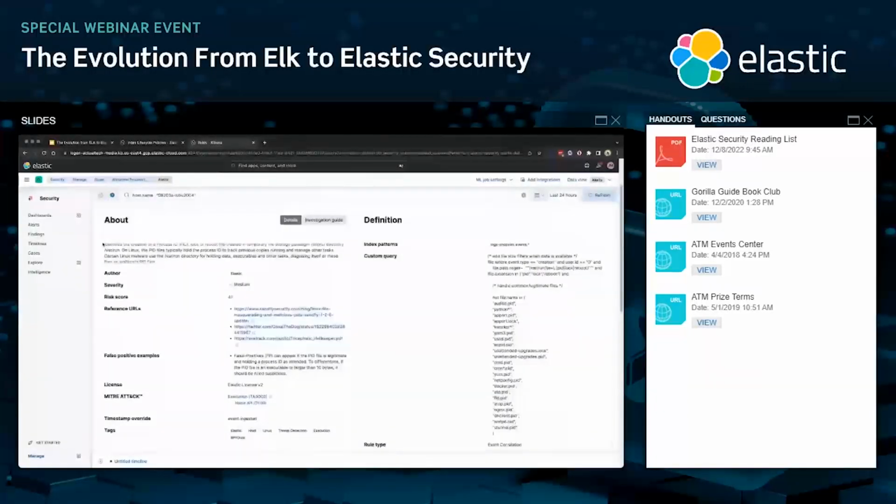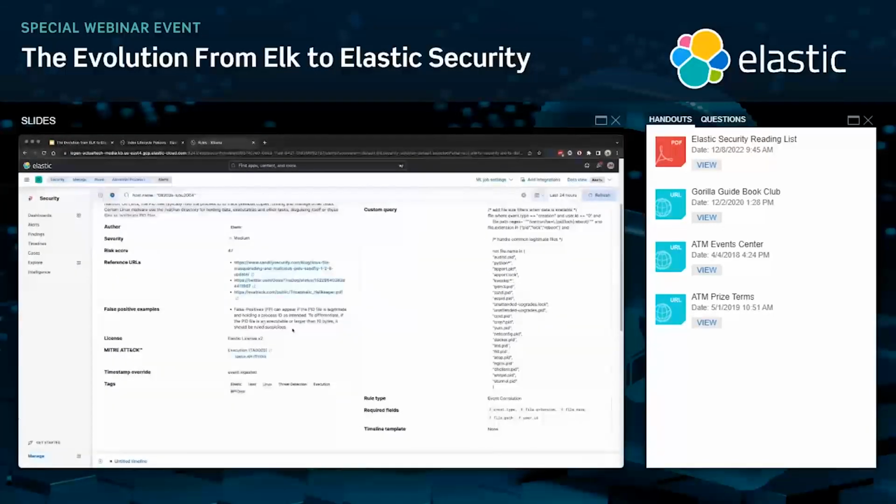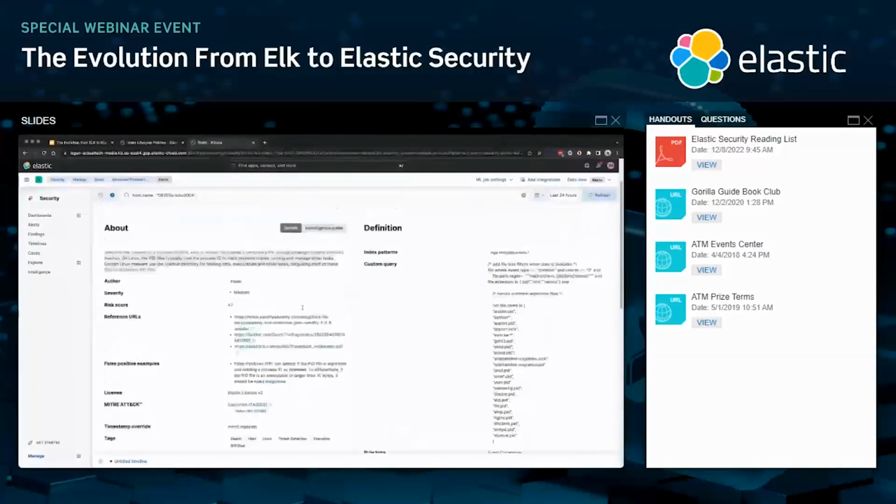But more about that rule is included here in the rule definition. I'm also getting reference URLs for context. If this rule fires, all this information comes over with that signal, with that alert, right? So an analyst can see this rule fired and immediately begin to read more about why that rule is significant, what false positives look like, and maybe one of the most desirable enrichments, some MITRE ATT&CK tactic and technique enrichment where it makes sense for the different rule. So again, when the rule fires, it's not just that this logic was satisfied, but it's all this other context that comes over that helps an analyst triage.